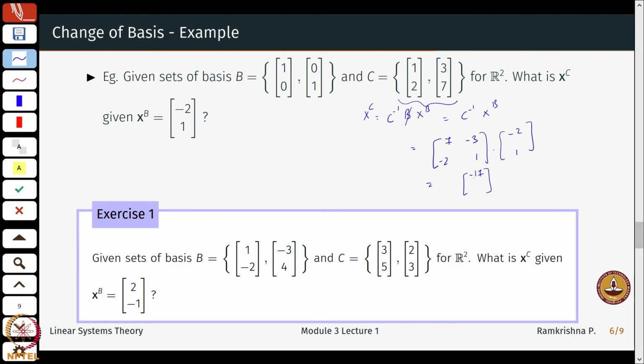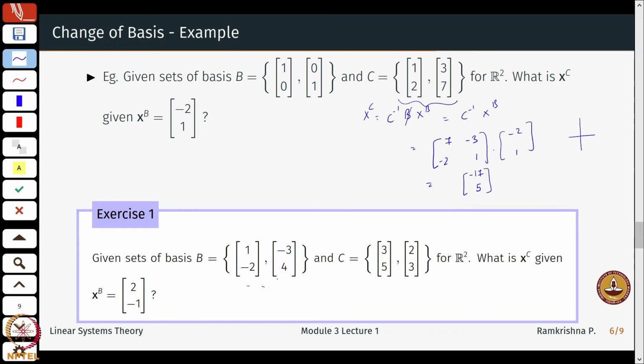And this will be 4 plus 1 is 5. Just a very trivial exercise, and you can draw these two vectors on a graph and check that they are actually the same. You can do a little more, not really difficult, but something which involves computing one more inverse. So, instead of B being identity, I just gave you a B matrix which is like this. There is nothing really special in this slide or in this example.